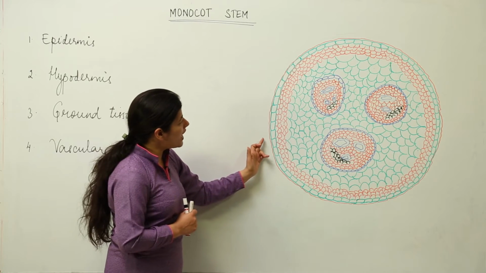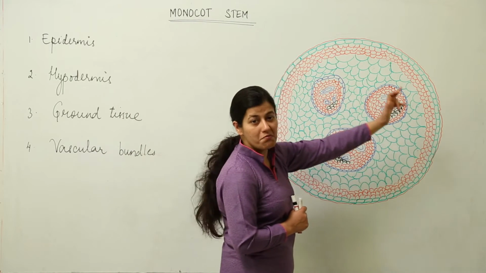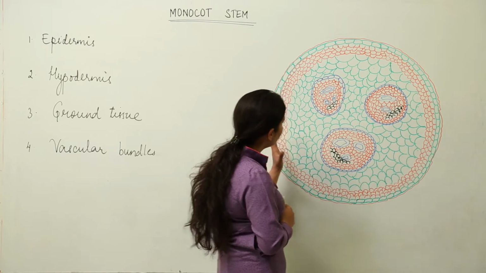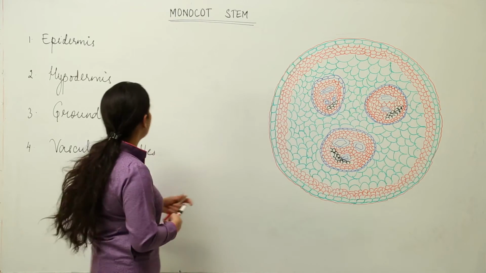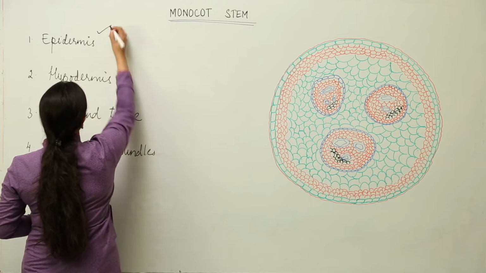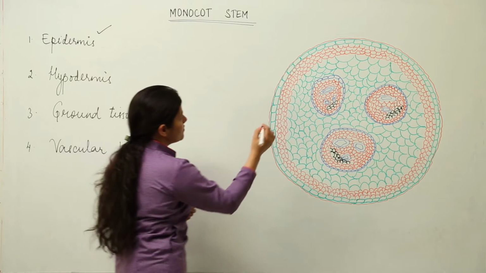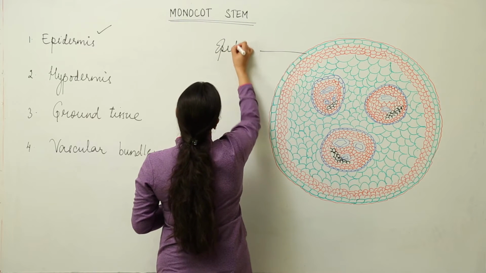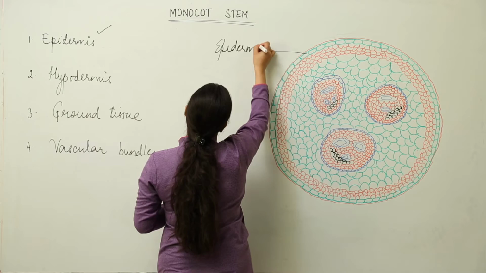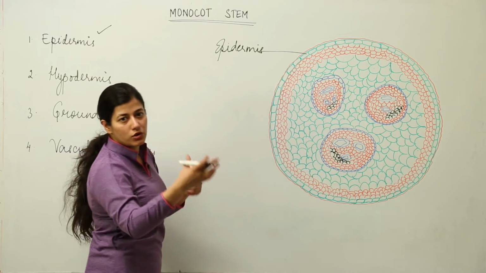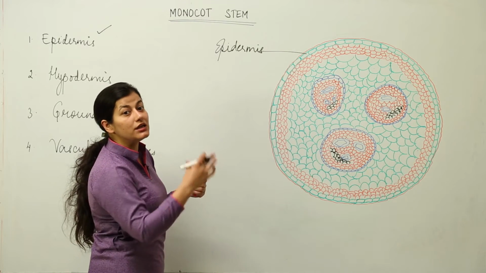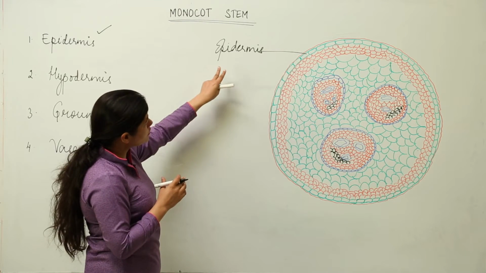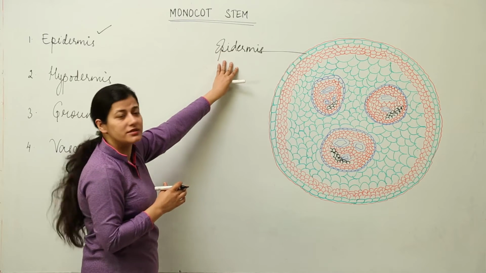You have to make an outermost layer, keeping in mind that it would be single layered. All right, the single layered outermost layer would be known as epidermis. So the first point that you have to remember, that the outermost layer happens to be epidermis. Now while we are doing this, do keep in mind what similarities and what dissimilarities are being discussed in terms of dicot stem that we have discussed earlier. So it had an epidermis, it is having an epidermis as well.